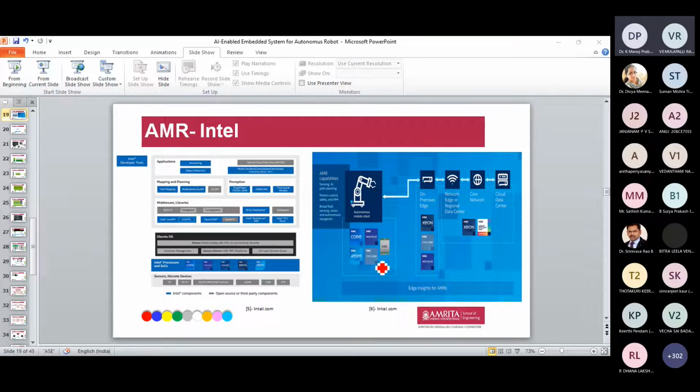And Cyclone is an FPGA model, and Intel graphics. So you can use Intel Core, Atom, Movidius, Intel graphics, or Intel Cyclone. These three combinations can be really helpful to design a robot using Intel products.